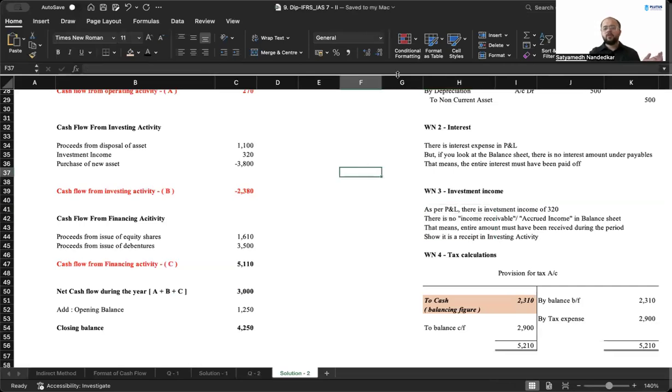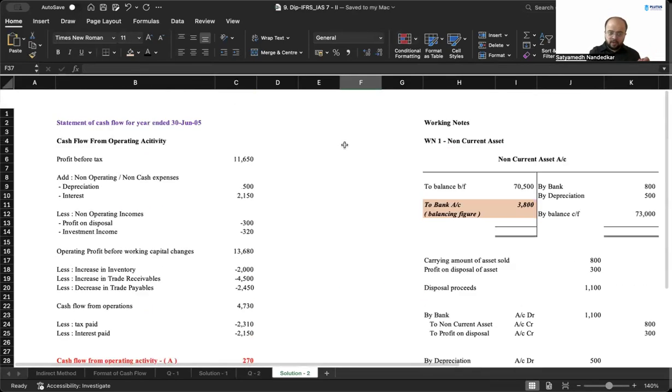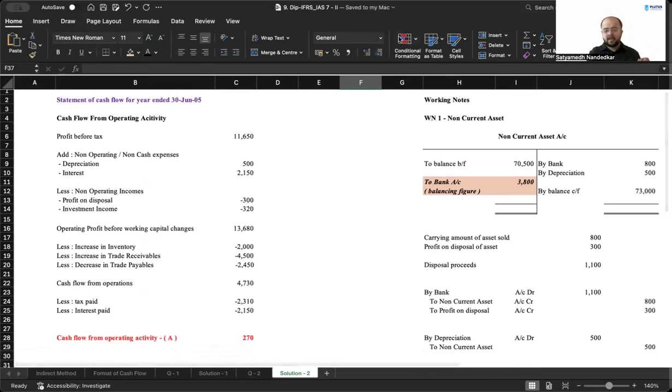So this is how you prepare a cash flow statement using indirect method. My recommendation to all of you would be to watch the recording carefully and try to redo the two questions that I have done in the recording, so that you get that comfort over preparation of cash flow statement. That's it for cash flow statement. This is now going to help you later much more when we do consolidated cash